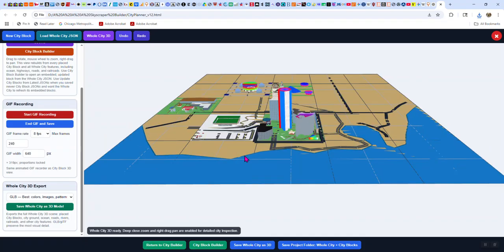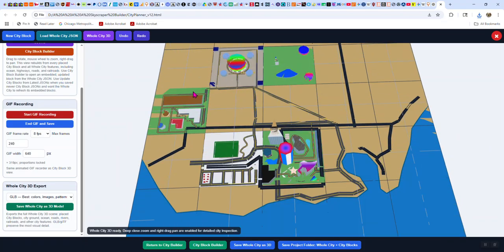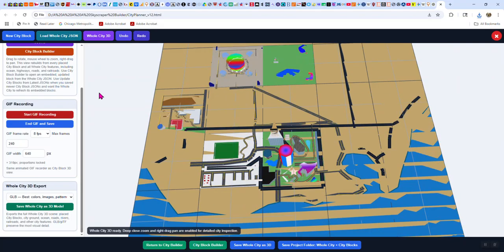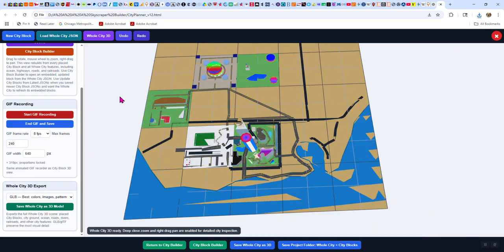Anyway, again, all those tools work. You see, it looks funny when you're moving it around. It'll settle down if you do it right. Yeah, you can always move it a little bit. So what I can see is I've got 5 city blocks here, and that's what it did. It had me save each of the 5. And in the 3D view, you can do GIF recording, whatever. And you can save this whole thing for use in other systems, this GLB save.